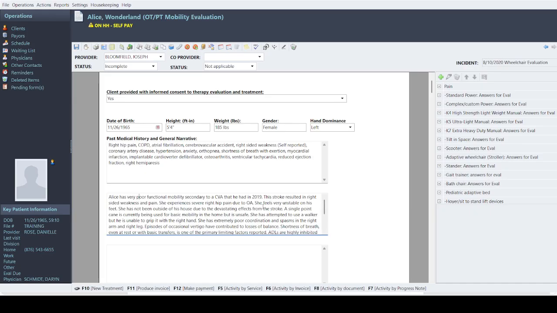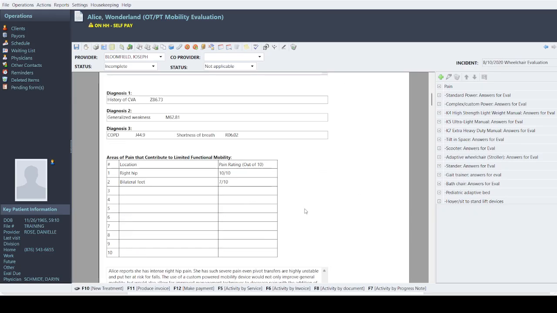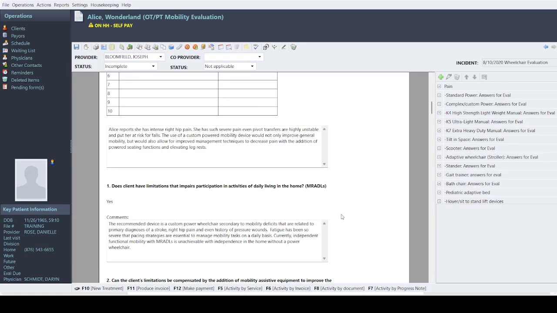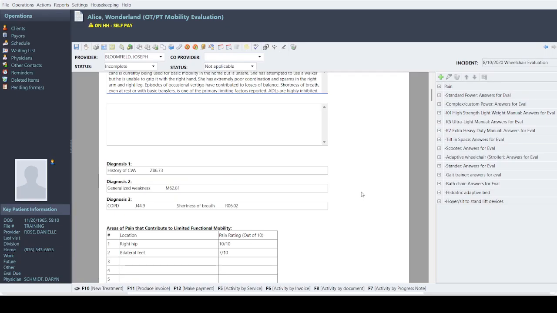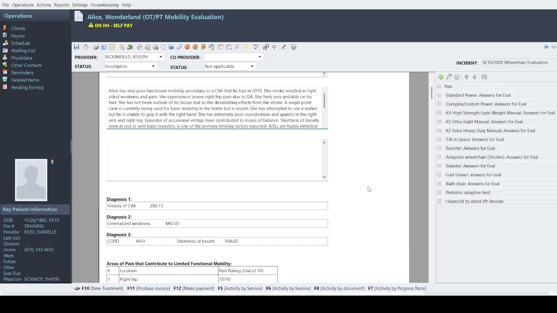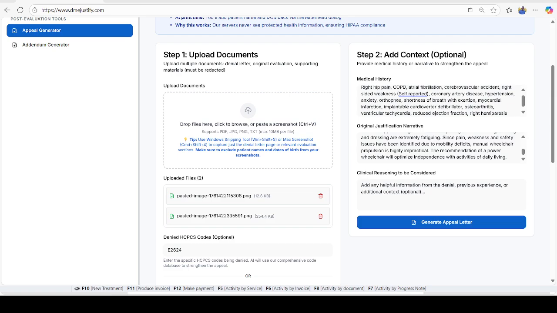My original narrative was here. Pain, all the stuff that I want to state with pain, more information to answer these 10 important questions for insurances. I can take any of that I want in snippet form as long as it doesn't have HIPAA sensitive information and put it in the DME Justify